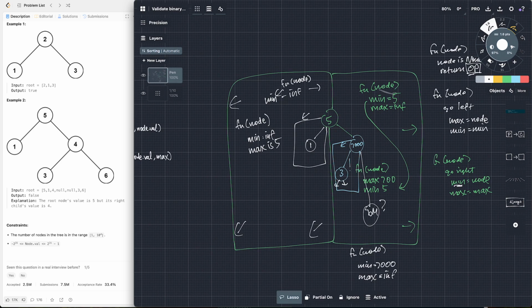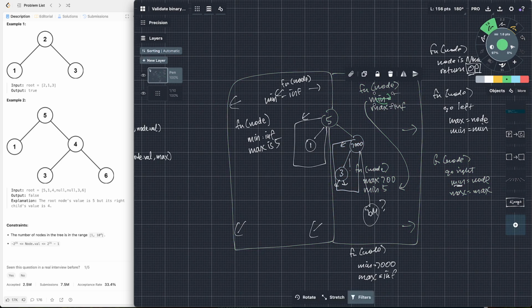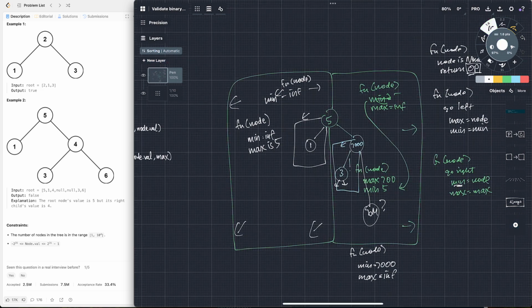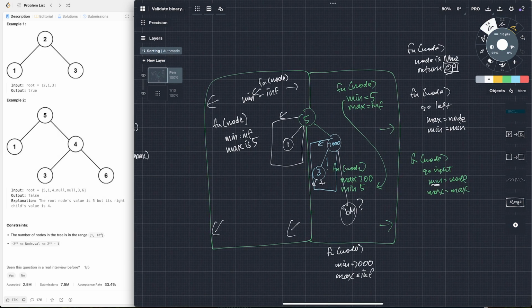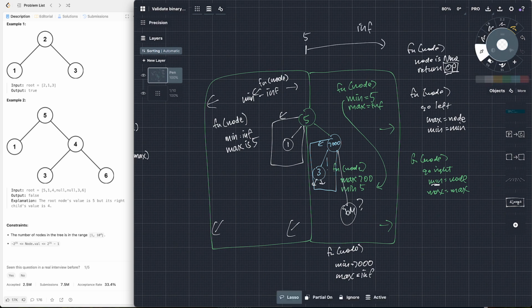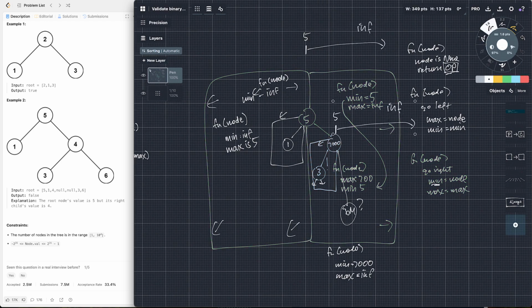And when we go left, the maximum is updated. When we go right, the minimum is updated. Right, that's the bounds of this. So 5 here, infinity is the bounds. When we go right again, it's updated to